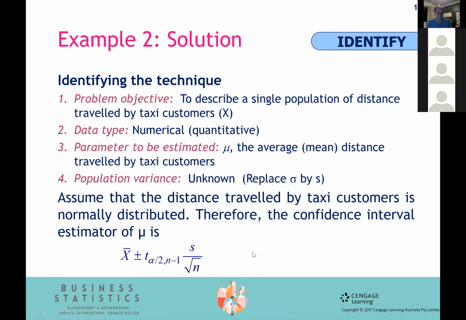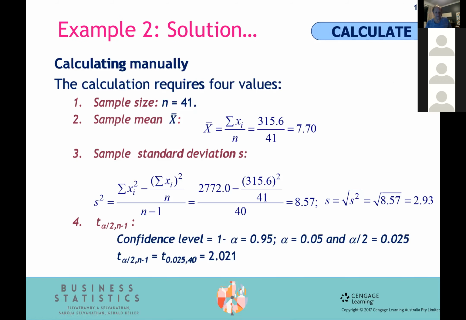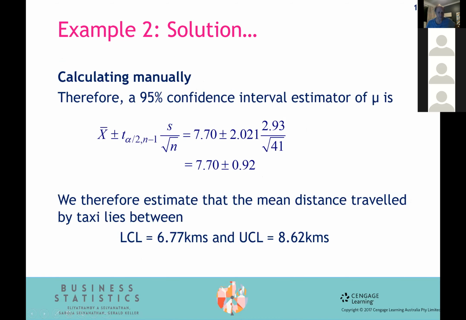Happy with that? Instead of us doing all of these calculations, Excel has done it all. All we had to do is put in the data, and it comes up with this confidence limit. What is the actual population? It's 6.77 kilometers plus 8. Okay, the lower confidence limit is 6.77. Is that what we got?